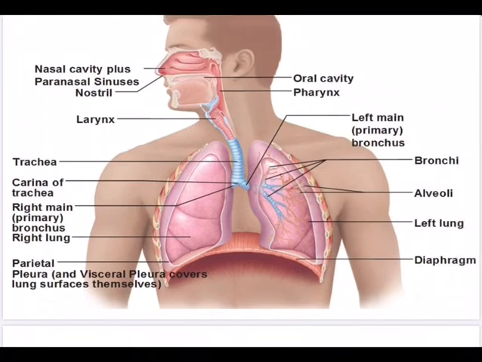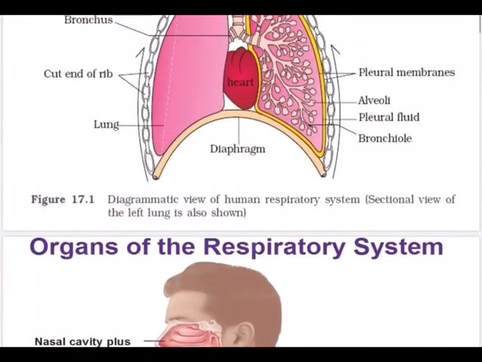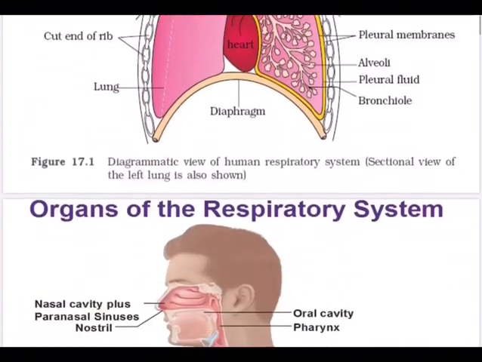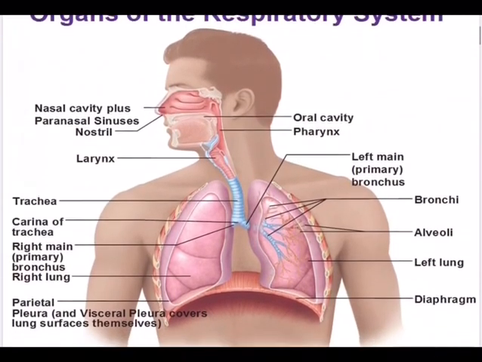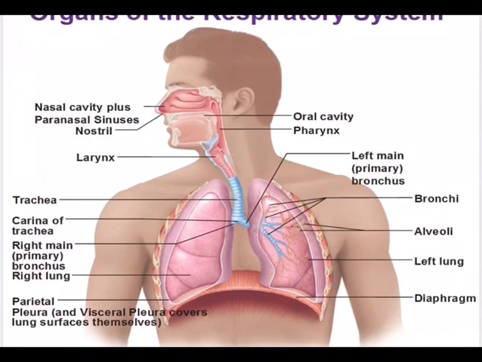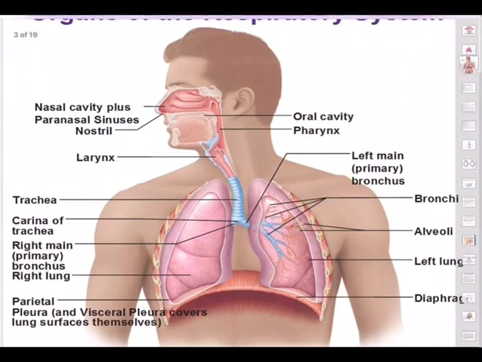So in the human respiratory system, these are all the various structures. I want you to draw this diagram as well as this diagram on a paper with a pencil, label it, and try to find out the significance of each label and post it in our WhatsApp group. Then I will discuss the mechanism of breathing in my next class. Until then,